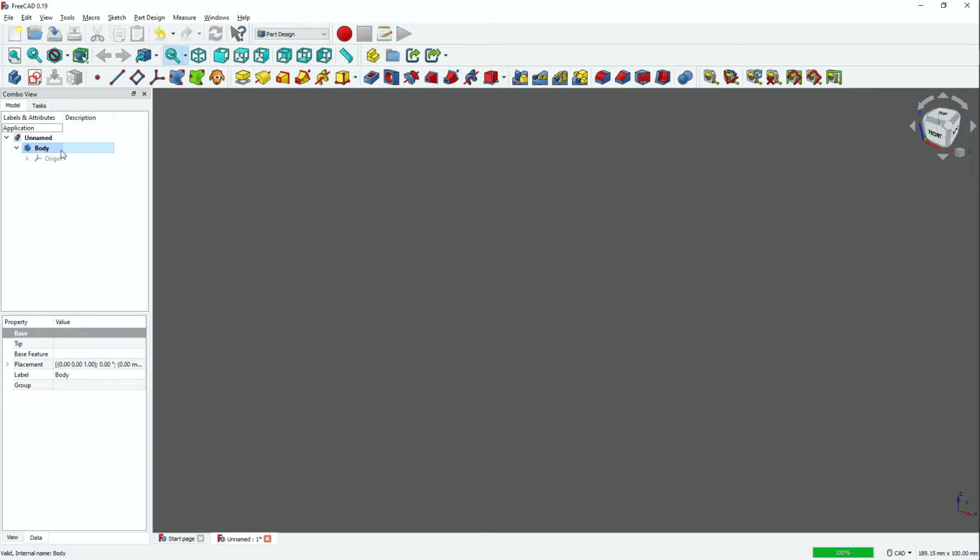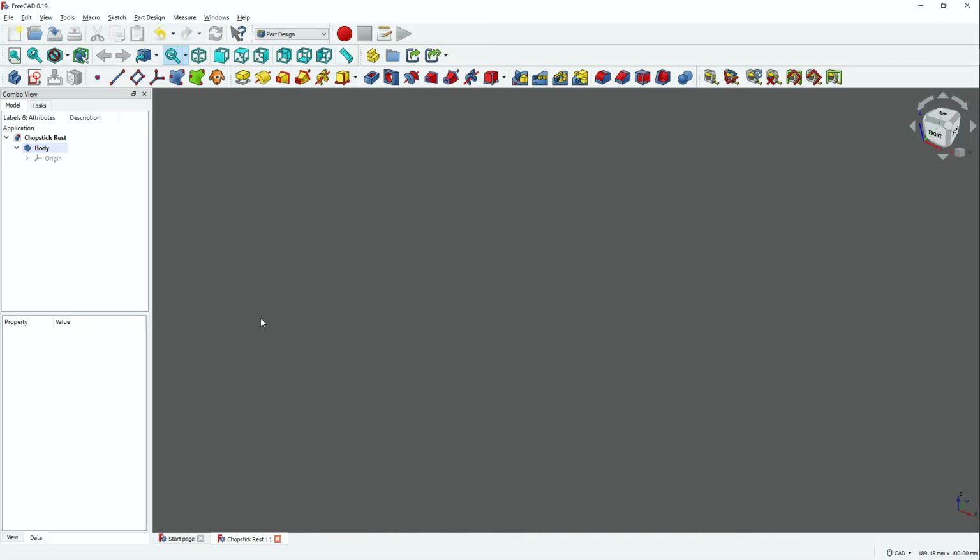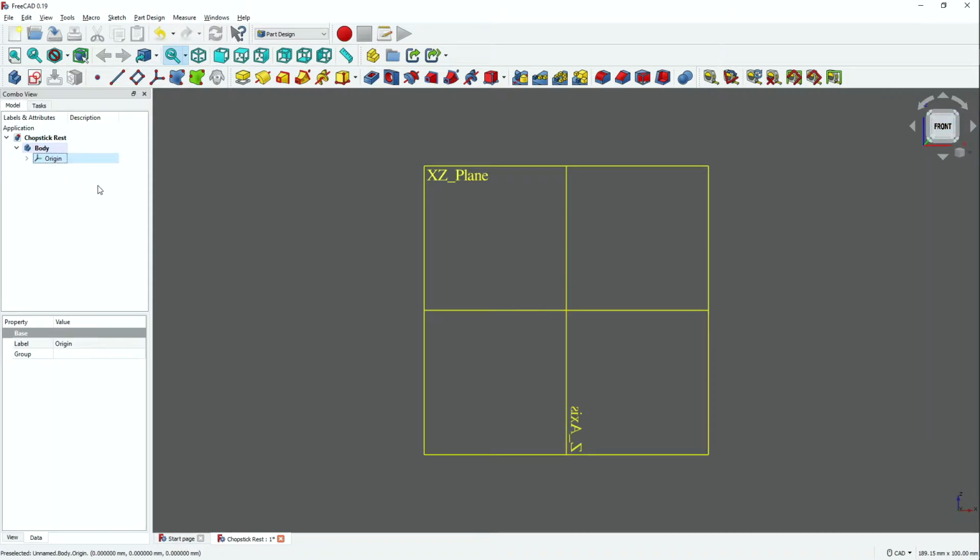So we're going to save this, and I'm going to name this Chopstick Rest. It probably should be two words. You can see I've done this a couple times. All right. So it has a name and it has a body. So where's the geometry? There's none yet. We're going to use the 1, 2, 3, 4, etc. keys. If you look here, we're changing views. This is grayed out. If you press spacebar, you can see